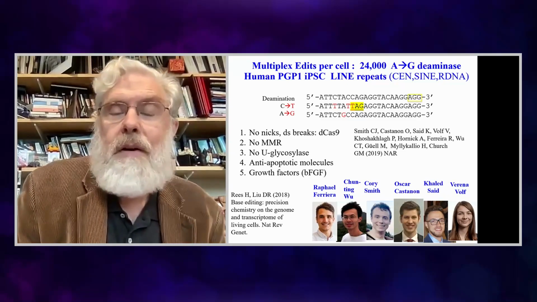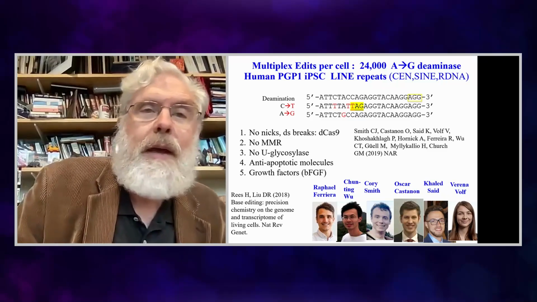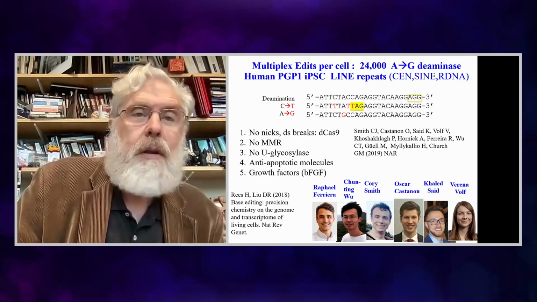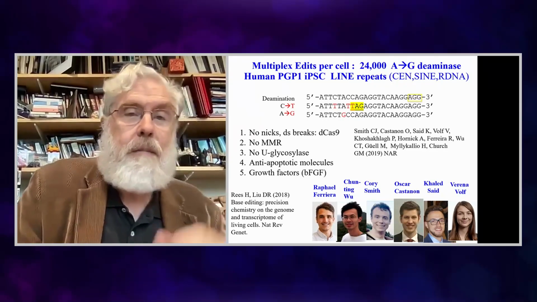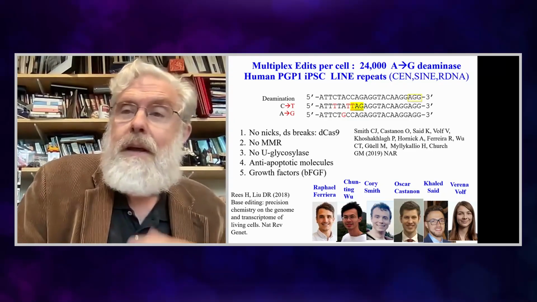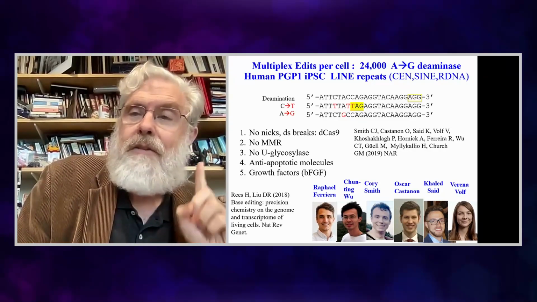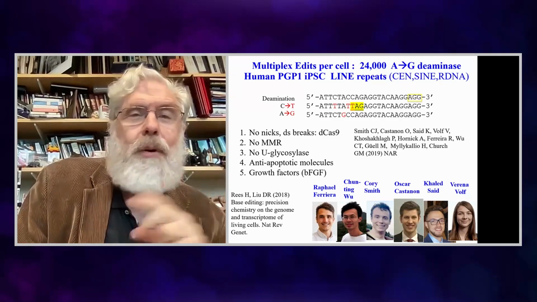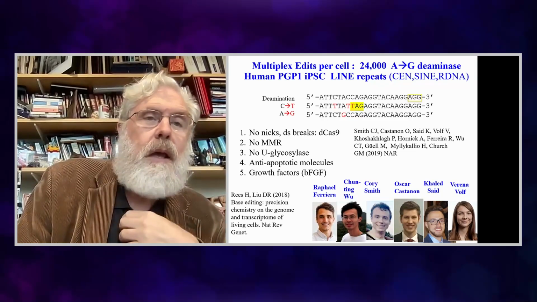And this is where we set our record for gene therapy for the maximum number of edits. This is using a deaminase that changes A's to G's, where you target them with a CRISPR base editor. Thanks to David Liu, who provided these in advance of publication, and thanks to Raphael, Chunting, Corey, Oscar, Khalid, and Verena, who did the hard work getting this to work. So anyway, we've made 24,000 edits in a single cell. Most people are happy if they can pull off 1 or 2 edits. This is where we're going towards changing the genome radically.